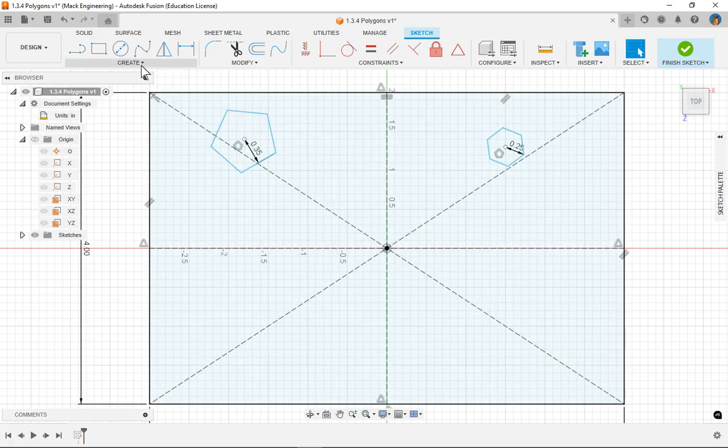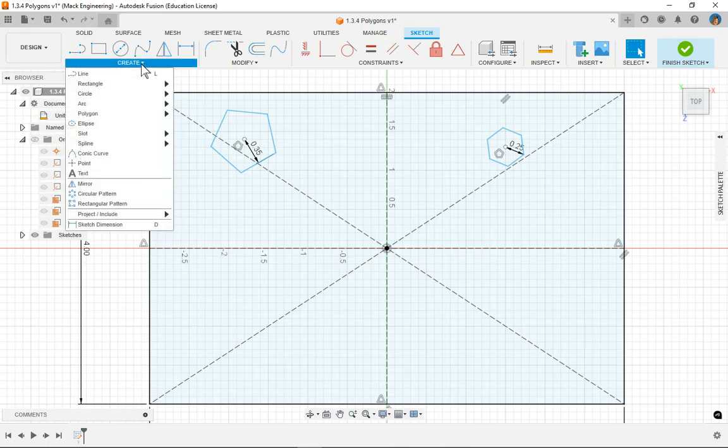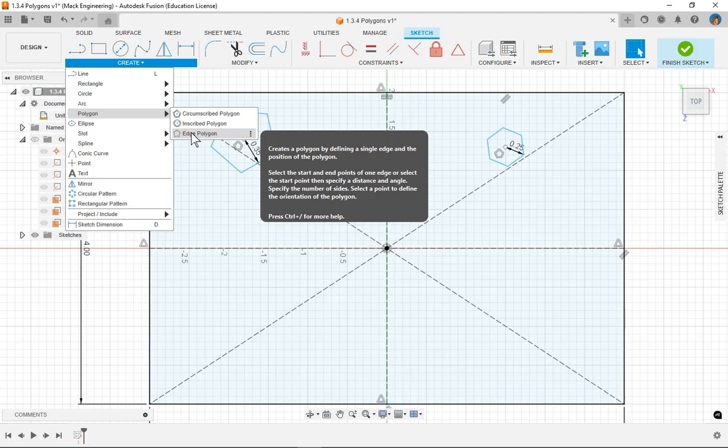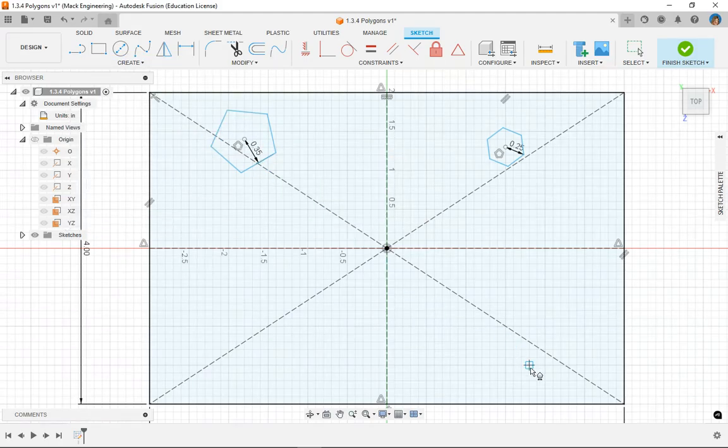So I'm going to go on up to Create. We're going to go to Polygon, and we're going to go to Edge Polygon this time. So I'm going to do Edge Polygon. I'm going to come on down here. I'm going to place my first spot. I want my dimension to be 1.25, so I can go ahead and put that in now. And I want the number of sides to be 3. And there is our